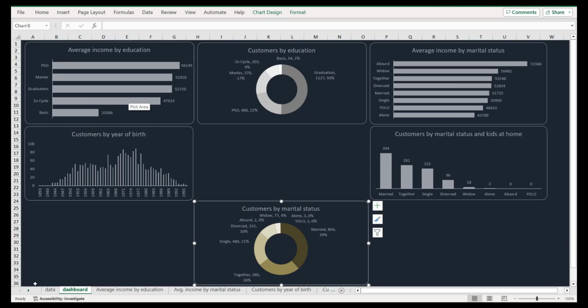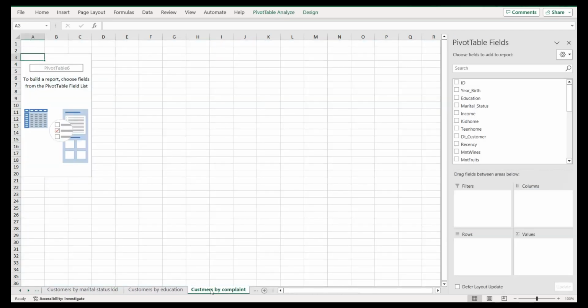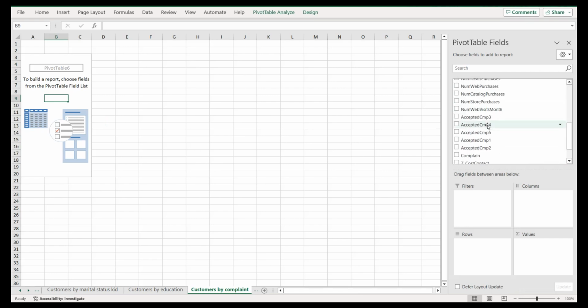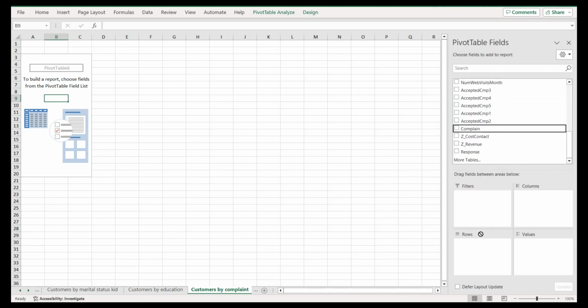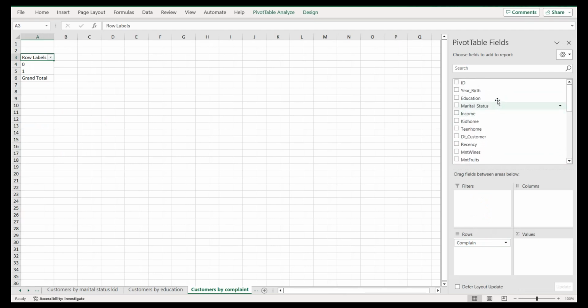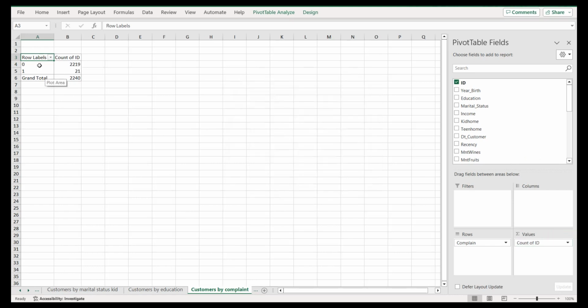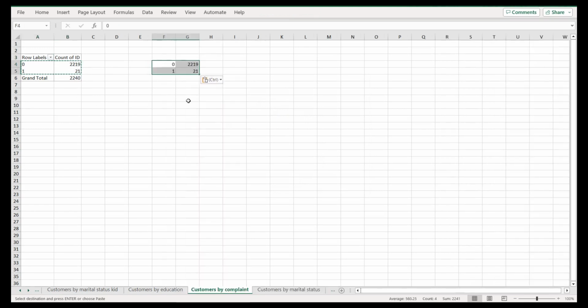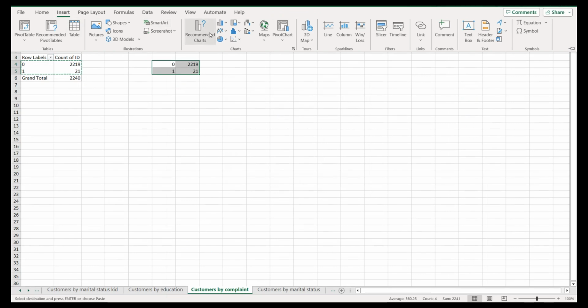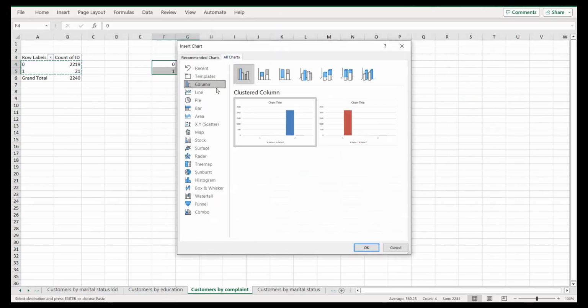Next we have customers by complaints. Okay, so go to customers by complaints. So customers. Here we select the complaint on the rows and count of ID in the values, right? Count. So we copy the 4 cells, paste the values, insert, recommended charts, all charts,